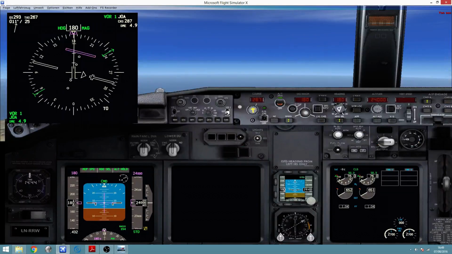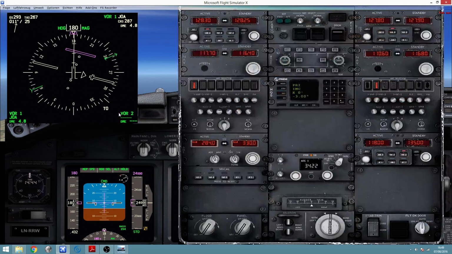We can do the same for VOR number 2. Actually, currently VOR number 2 has no VOR tuned in. We will select, for the sake of the tutorial, the frequency of Pollença, which is 116.4, as I said before. I will prepare it here, 116.4 in the standby equipment, and then I will switch it to active. And now here on the VOR, we can clearly see that Papa Oscar Sierra, which is the VOR of Pollensa, is 27.4